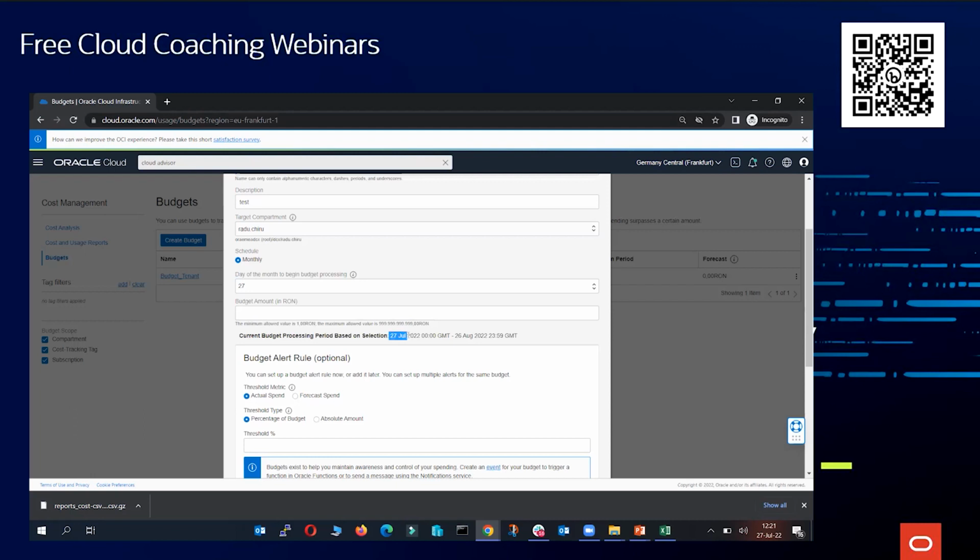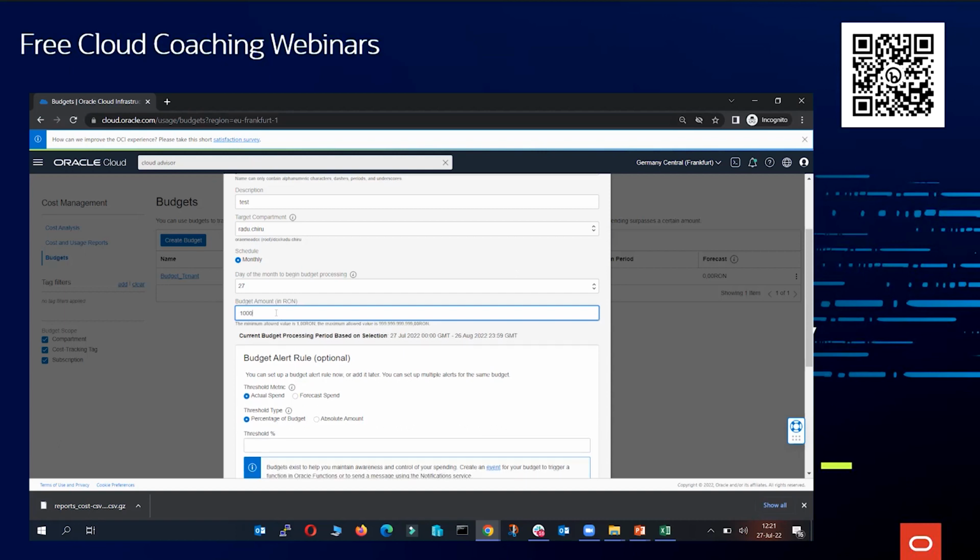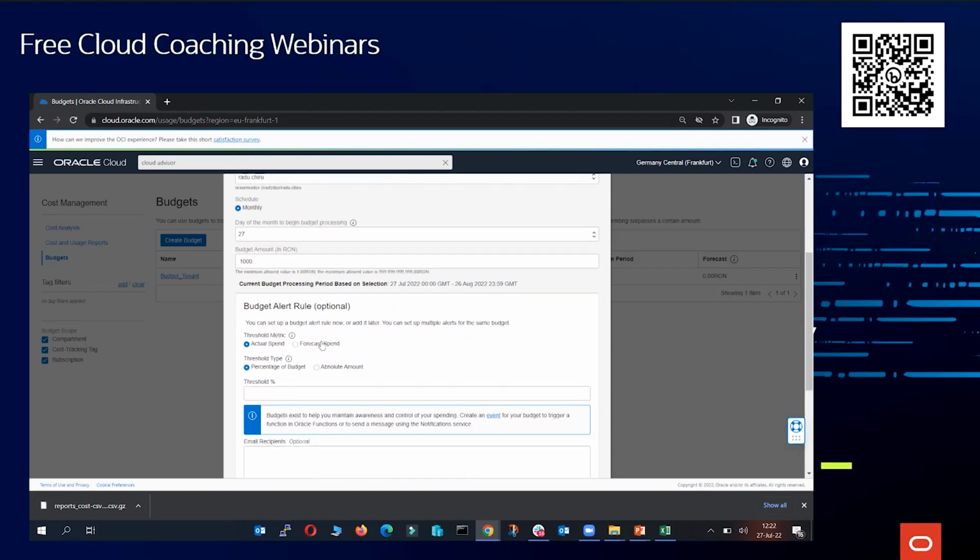So it will start on 27 July and it will be valid until 26th of August. Then we put a budget for this compartment. Here is the currency of our tenant, but of course you will have your own currency. So let's say I have 1,000 RON in my case per month, and then you have multiple options to create